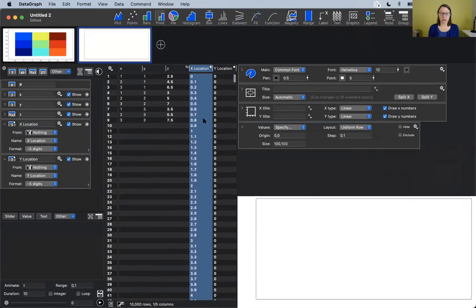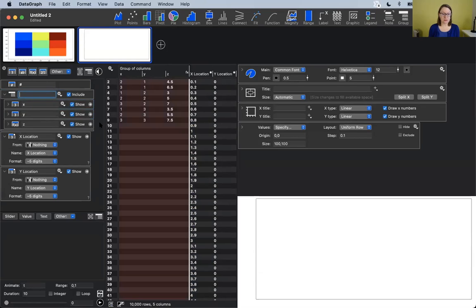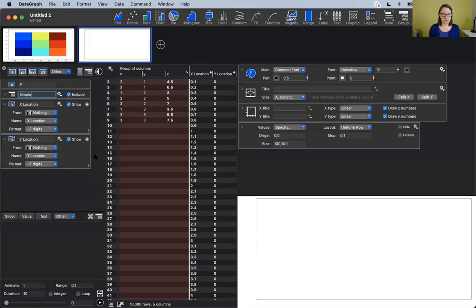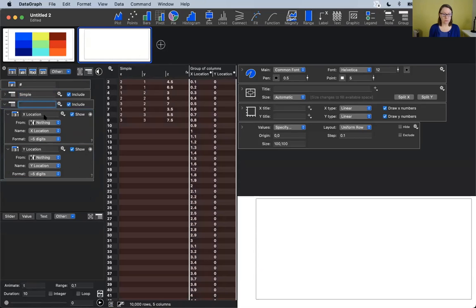And just again, to show you something a little bit more interesting, I'll use the same expression I did over here to calculate the Z value. To do that, first I'm going to group my first set of data. So I highlighted my columns, click the group icon. So here's my kind of simple set. And then the next set of data, I'll add this into its own group. Let's also just go ahead and, since I already have an equation set up for the variables X and Y,